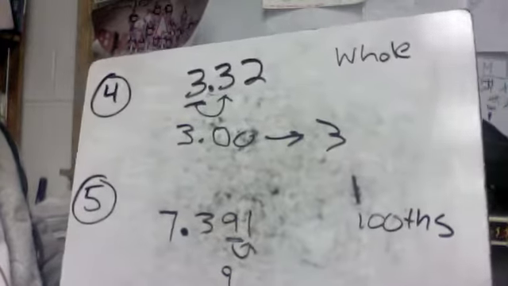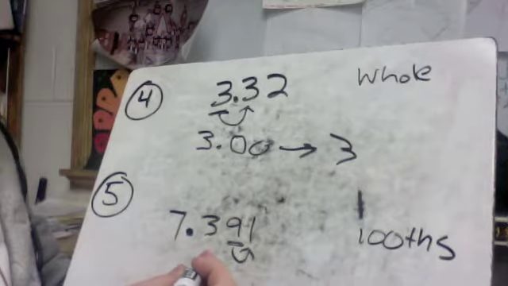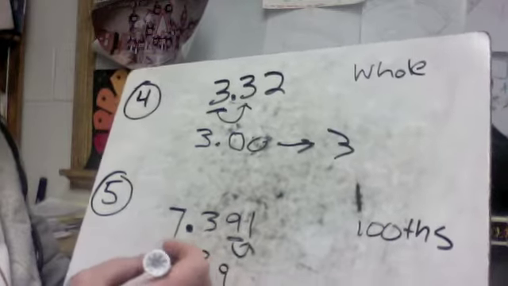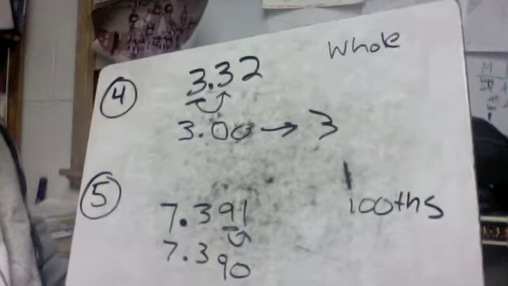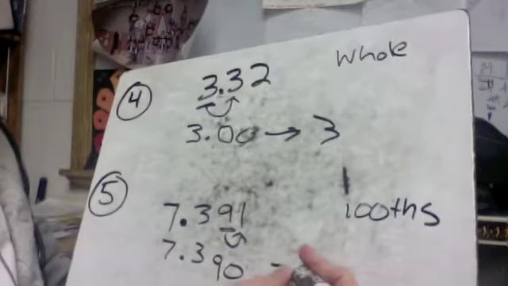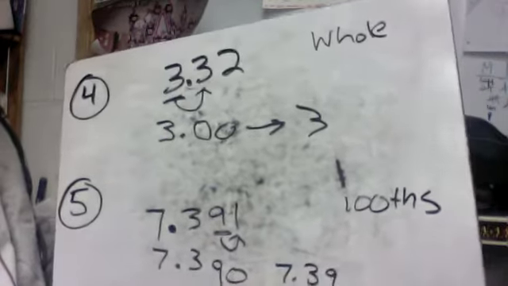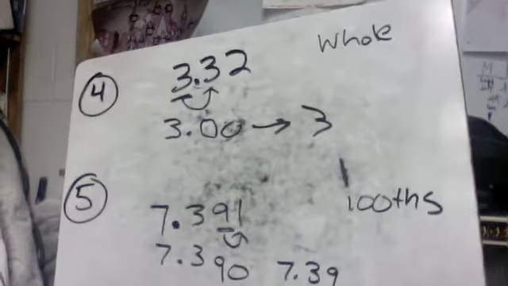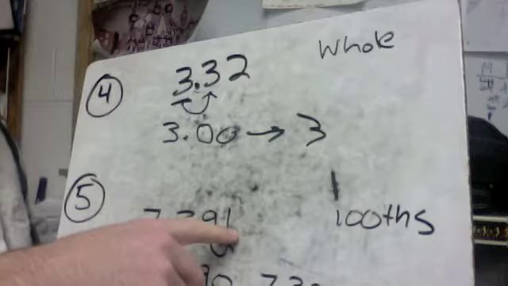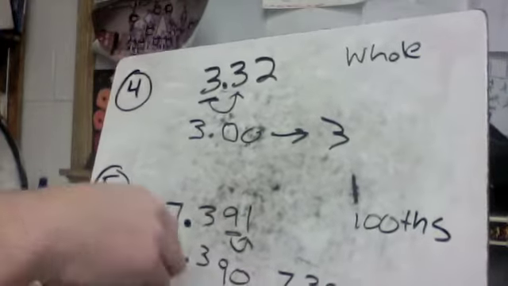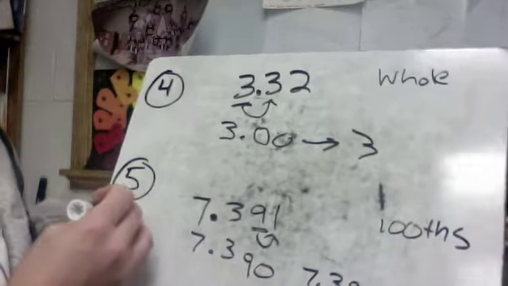Just like whole number rounding, everything to the left stays the same. Everything to the right can drop off or change to a 0. So we can have this, or I could also have that. That would be perfectly fine as well. If this happened to be a number 5 or more, then we would have to round up. So for instance, if I change that to